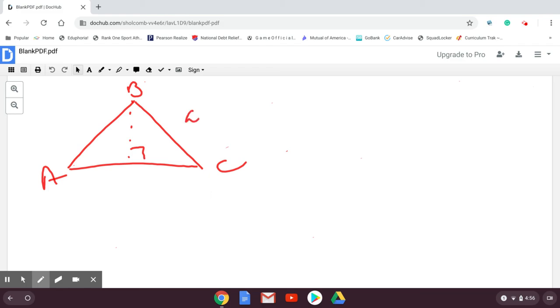Well, that's the A side. This is the B side. This is the C side, okay? If you will go ahead and do a trig calculation for the measure of angle A, you're going to find that the height right here is equal to the sine, which is opposite over the hypotenuse C, lowercase c. So it's sine